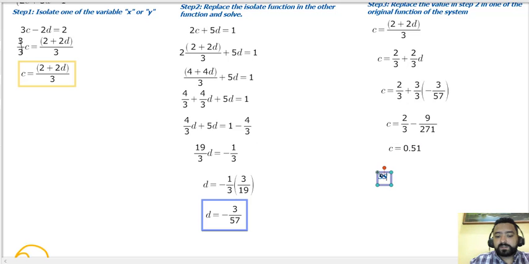Now, the solution of the system, remember, is going to be the letter c, comma d. So it's going to be c, the value for c, it's negative 0.51. And the value for d, if you want to convert this one into decimal, you can divide 3 divided by 57, and it's going to be negative 0.052. And we already finished with the